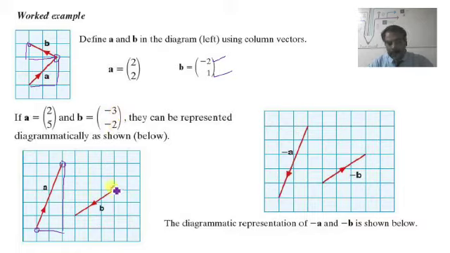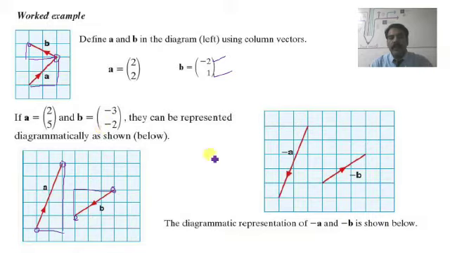So this is the starting point of the vector. From there it says -3, that means we have to move 3 steps to the left. So let us move 3 steps to the left, 1, 2, 3, and then -2, that indicates we have to move 2 steps on the y-axis in the downward direction. So move 2 steps down, 1 and 2, and then we'll find the final position of the vector and then join it. That is the representation of b, (-3, -2).